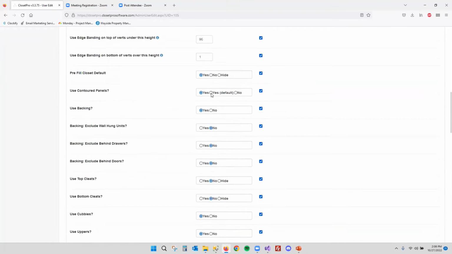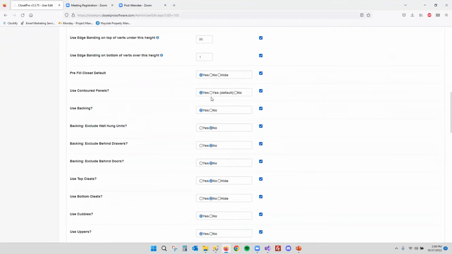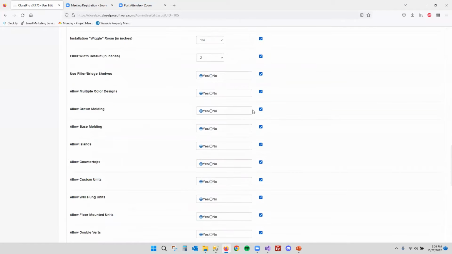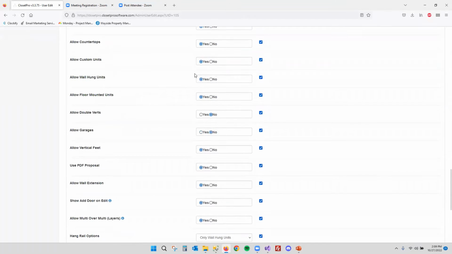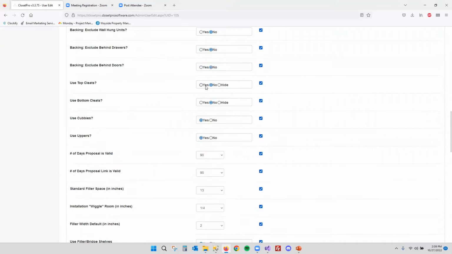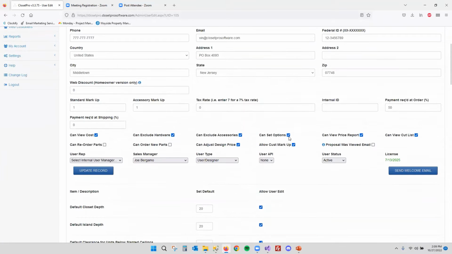It's also good for if you bring on a new designer in your retail company, you may want to restrict certain items, like maybe you don't want them dabbling in garages, so you just turn that off for now, or you don't want them double verting. Maybe you even don't want them making custom units, so they're just locked into using the catalog components that you have in your system. And now these only show up and will only overwrite if this can set options checkbox